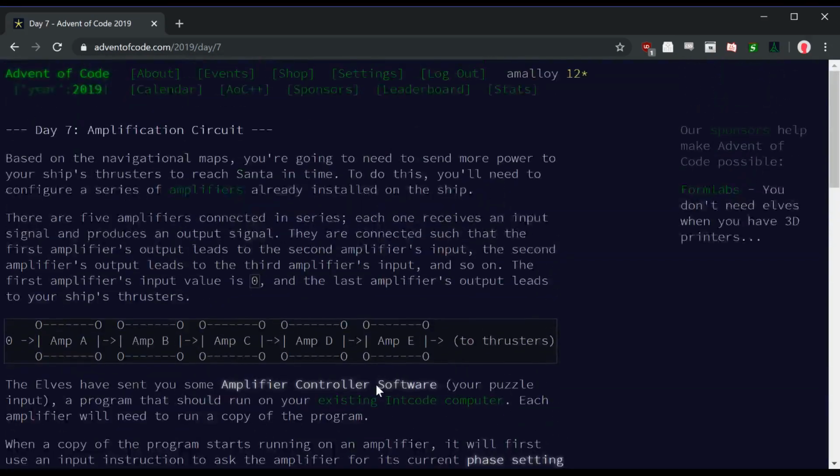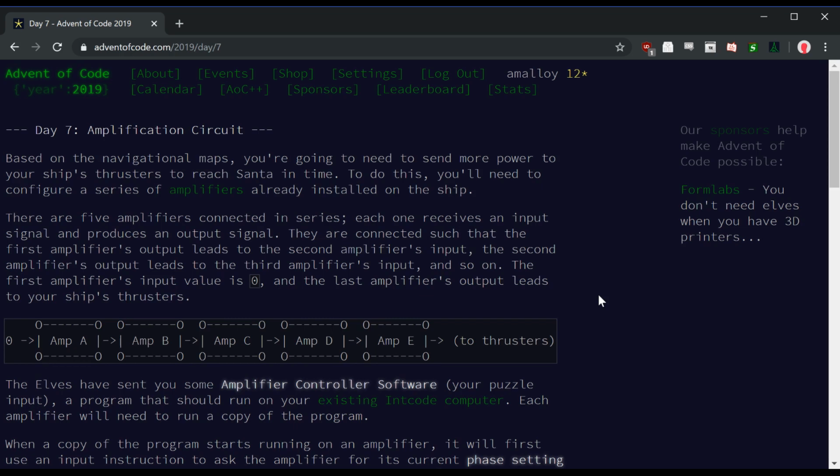eventually I realized, the long and short of it is, each of these amplifiers gets fed one input. We run the program 5 times, right? Each time feeding it 2 inputs. The first input we have no choice about. It's either 0 if it's the first amplifier, or the output of the previous amplifier if it's one of the later ones. The other input is one we do have control over. When we run the program 5 times, we pass each of the numbers from 0 to 4 one time each. But we get to choose the order, and we need to do a little optimization problem over the,